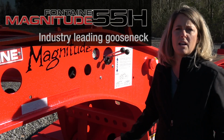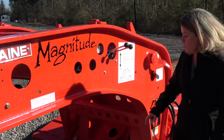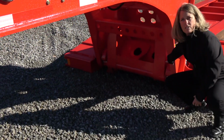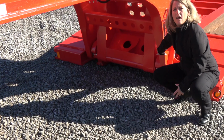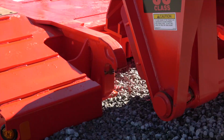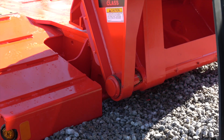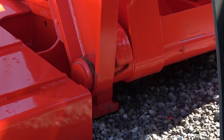we use a hook and shaft style. Most people use a traditional pin and plate. So what that means is we have these large main beam hooks here, but what this will also allow you to do is unhook and hook on uneven surfaces. As long as you can get the shaft of this gooseneck under these hooks, you're going to be able to hook up in any type of conditions versus that pin and plate where you need to be on a more